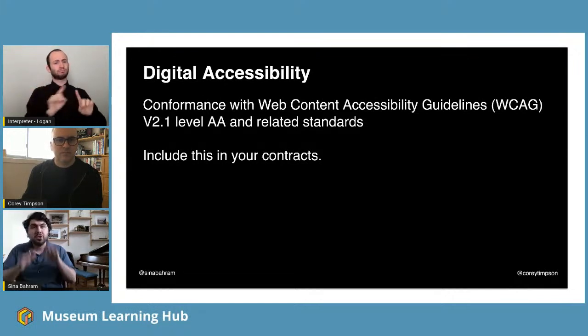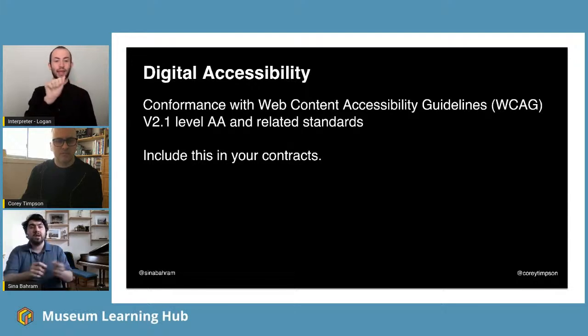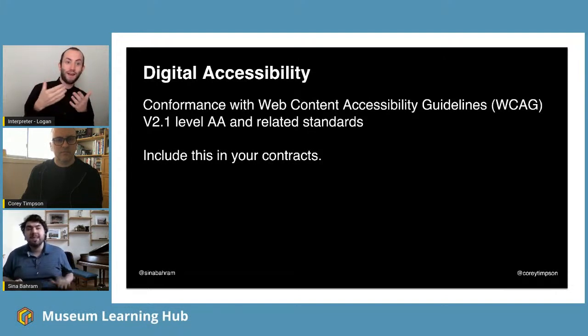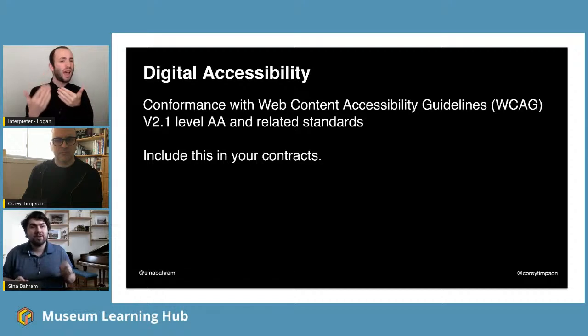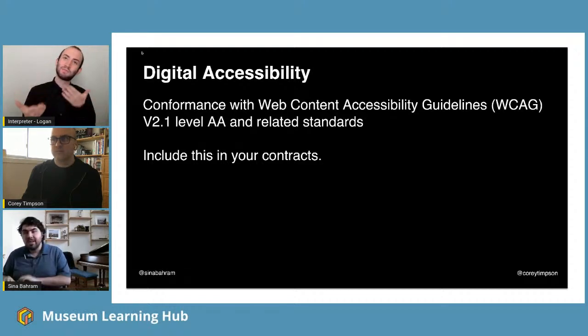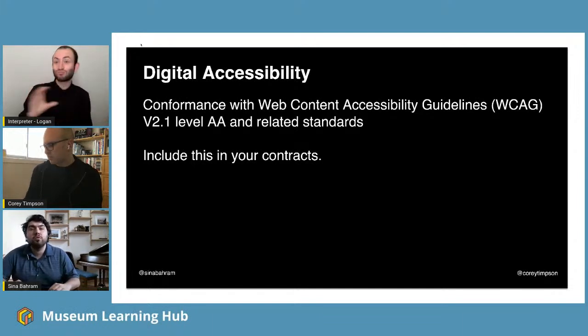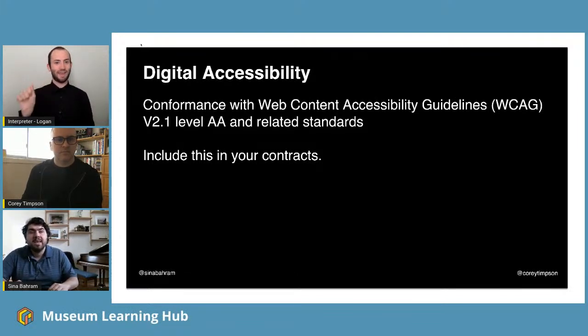So the major takeaway from this is, if you're writing a contract, if you're shopping for a web vendor, if you're looking for technology to purchase, one of the things that's easy to ask for, sometimes harder to deliver on the behalf of the vendor, but easy to ask for and require in your procurement practices is WCAG 2.1 level AA conformance. This is something you can build into your purchasing requirements, your RFPs, and your contracts. We're happy to answer questions about the specifics of those rules, but that's the general guidance there.